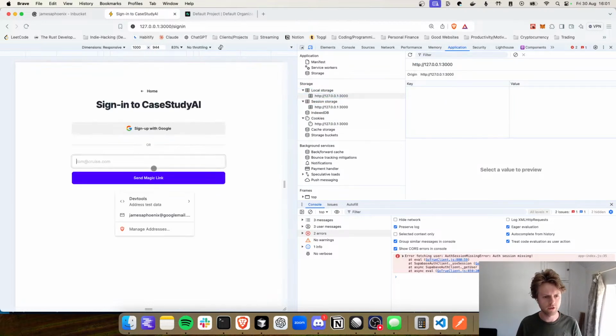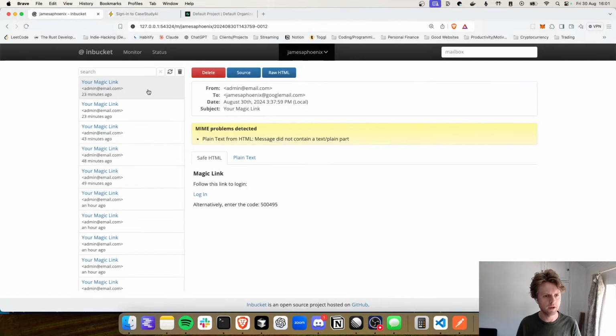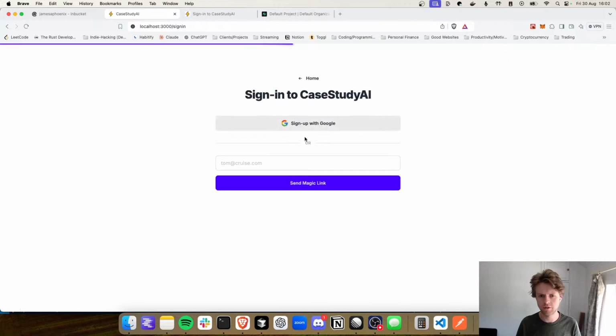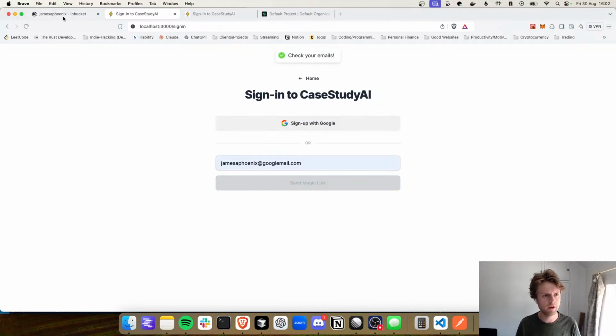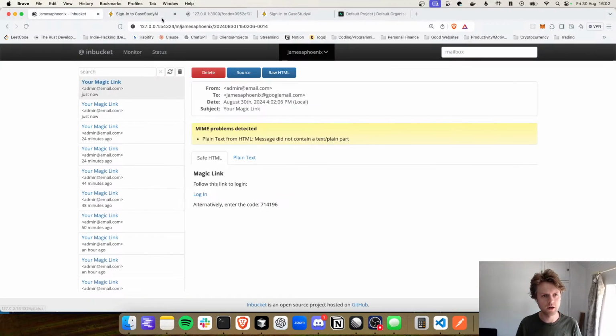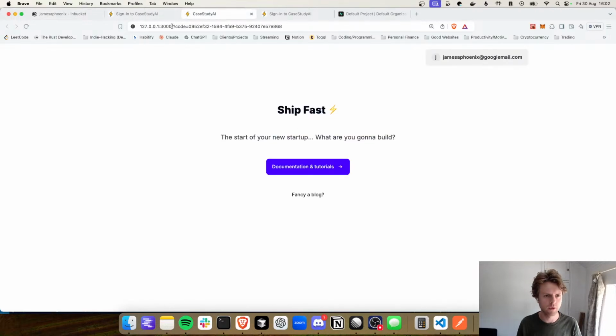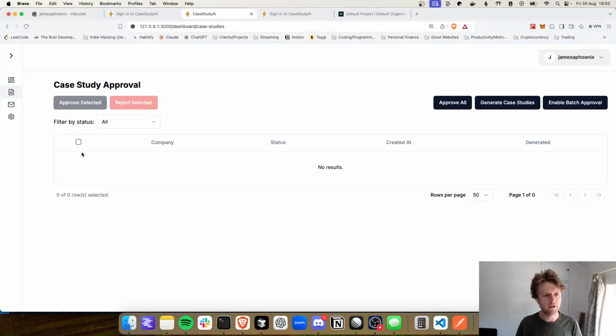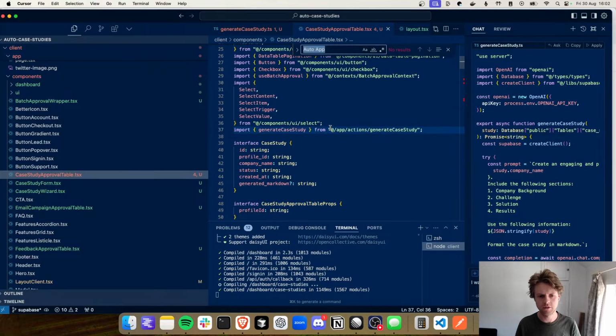And I'm going to sign in with a magic link, pop in there, get the inbucket link. And I'll do that one more time because it looks like it's still a bit fragile on Supabase's end. They really need to sort that out, but that's not my problem. Cool, so we don't have any case studies at the moment. So if you do this generate case studies,